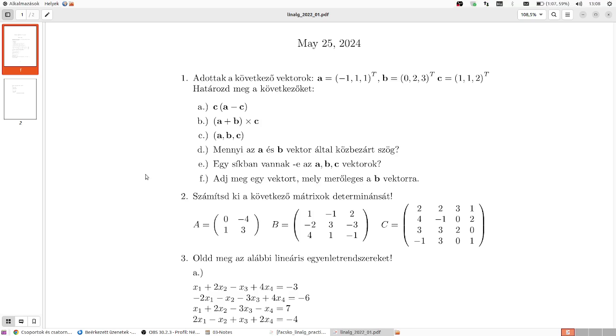It means perpendicular. It's normal if you use this or the parallel sign. Okay? Then C. There are two ways to do it, as you know. So the brute force, as usual,